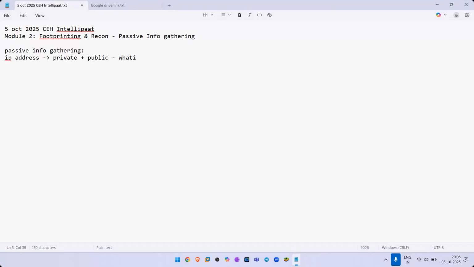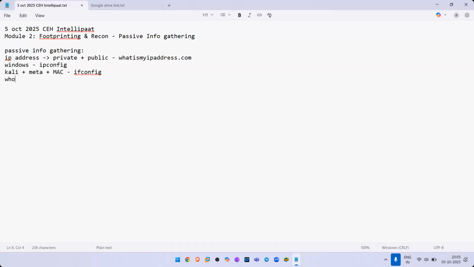We use a website called whatismyipaddress.com. How to find the private IP address? For private IP address, in yesterday's class, we learned how we can use Windows. For Windows, you use ipconfig. For Kali and for Metasploitable and for Mac, we use what? We use ifconfig, right? So this is how you gather private information.